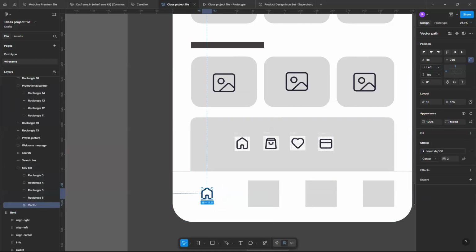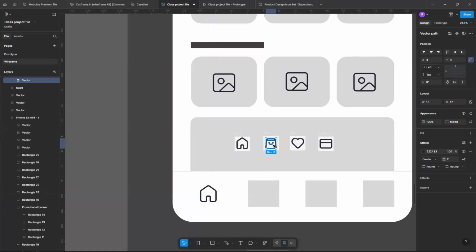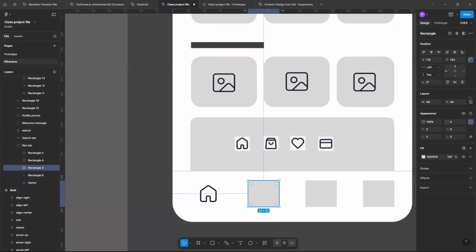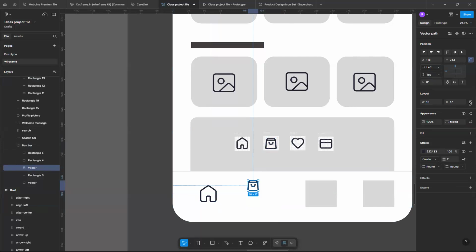I can decide to increase the size of this a little. So let me say I increase it to 24. I'm going to do the same for others. Control C, Control Shift R. And I'm going to increase the size to 24. So the only